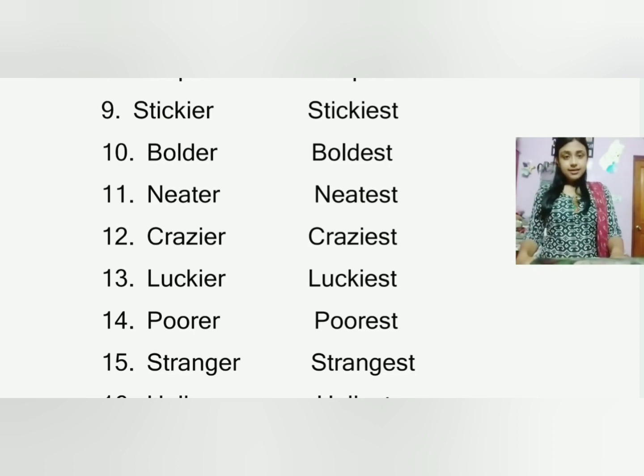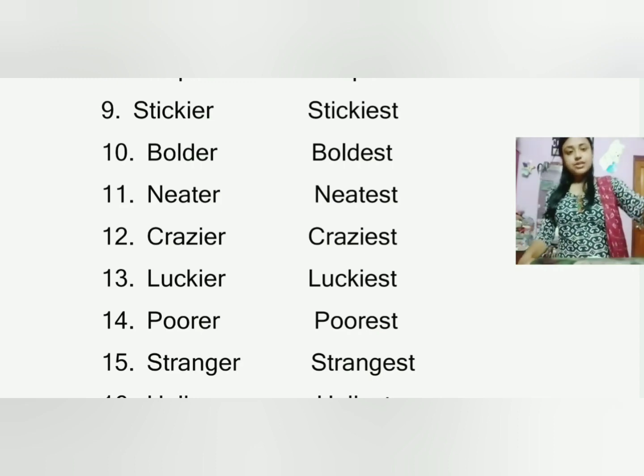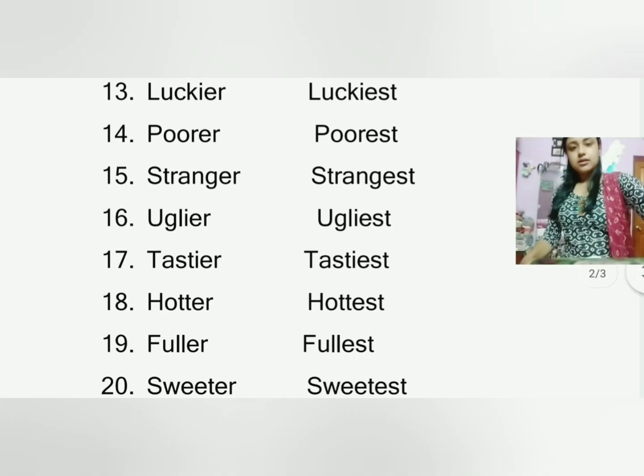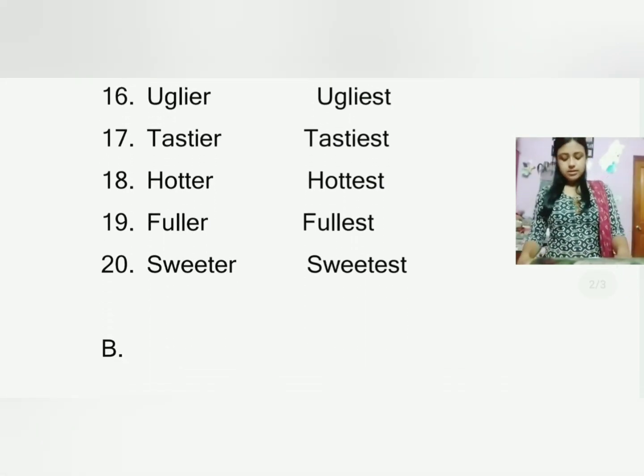Neat, neater, neatest. Crazy, crazier, the same applies here. Y is removed: crazier, craziest. Lucky, luckier, luckiest. Poor, poorer, poorest. Strange, stranger, strangest. Ugly, uglier, ugliest. Hot, hotter, hottest. Full, fuller, fullest. Sweet, sweeter, sweetest.